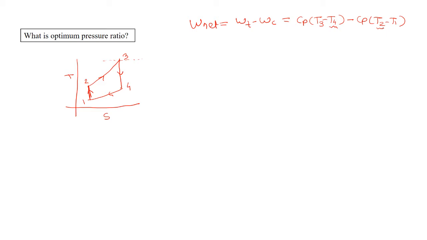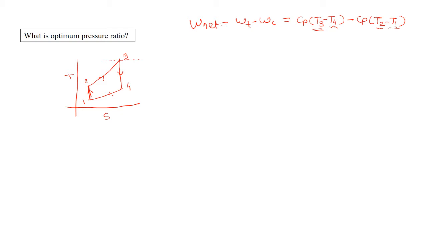Then we can rewrite W net in terms of pressure ratio, and the known quantities in this expression are T1 and T3, which are the constraints for the given W net. So it turns out from the expression that W net is a function of pressure ratio